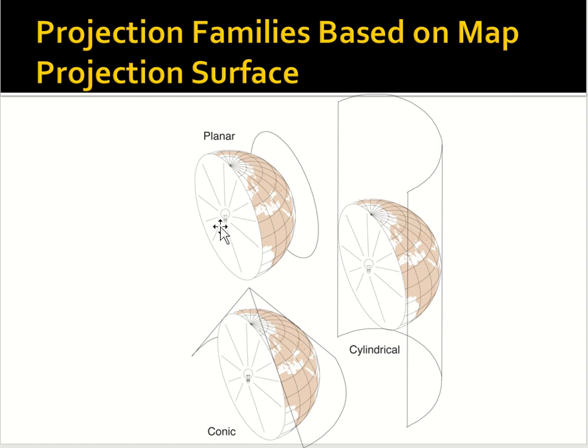Think of the light source as being right in the center of the globe, and it's putting light out in all directions. The light is interacting with, here, continents, I suppose, and then the shadows would be projected up onto a surface. Is that surface wrapped around the equator, like this cylindrical projection? Is it a cone wrapped around the globe but touching it along another parallel of latitude? Or is it planar? Here, just a flat surface to begin with. So this is kind of like a wall, say.